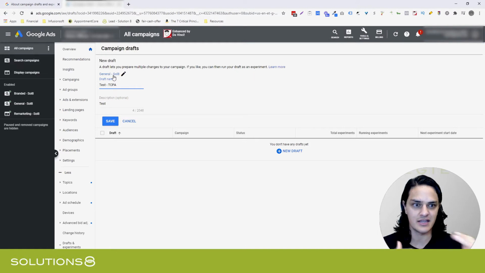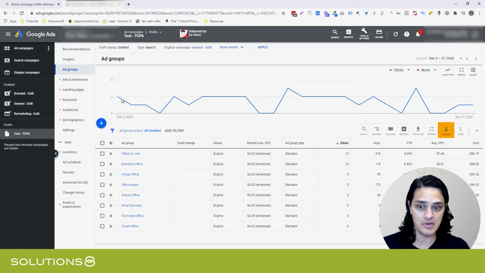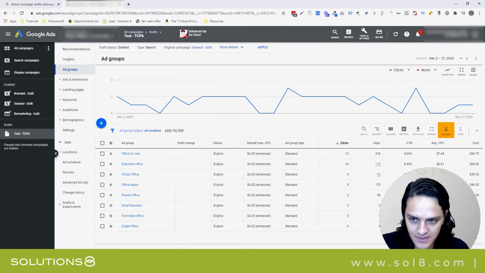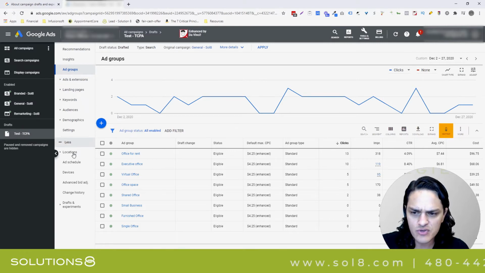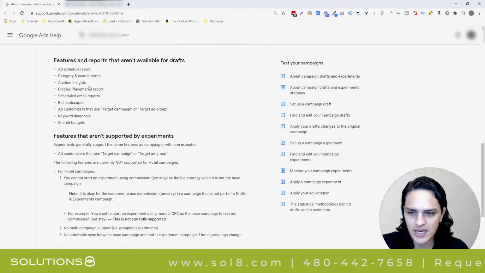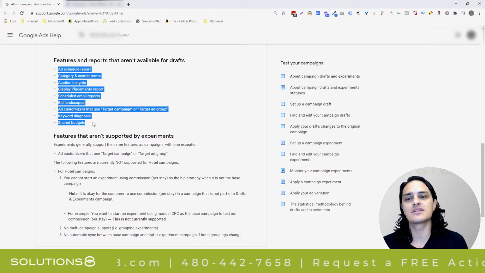Now I can just at a glance say, okay, I know which one of these is functioning. And the description I think is probably more helpful if there are other people involved. So now you'll notice that I get the exact same campaign, but it's in this draft. And it's all the stuff that you would expect to have with a few exceptions, and Google outlines what those are actually. So here are the features that aren't available for drafts,